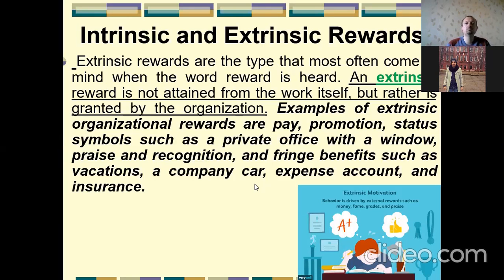The most obvious extrinsic reward is money. Definitely money, but not only. It could be promotion, it could be status symbols, for example, a room, work in an office where the person works alone. For me, for example, it is rather crucial. I don't like to work in noisy rooms.